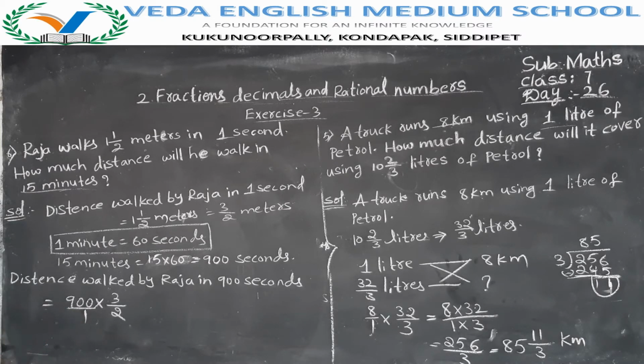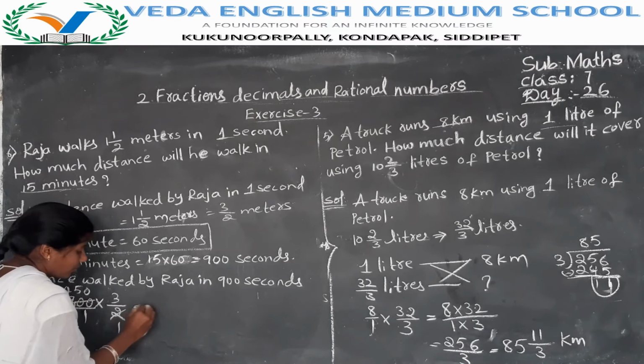Now see here, is there any possibility to cut? Yes, there is a possibility. 2 1s are 2. In the 9 times table 9 is not possible, so you have to take 2 4s are 8. Out of 9, 8 completed. 1 will be left, so 1 we have to write as carry. 2 4s are 8, plus 1 is... 2 5s are 10. 0 you have to write here, 0 0s are 0.